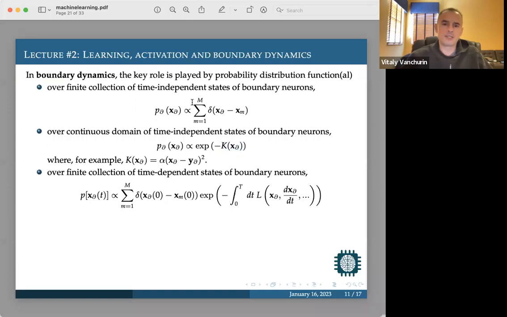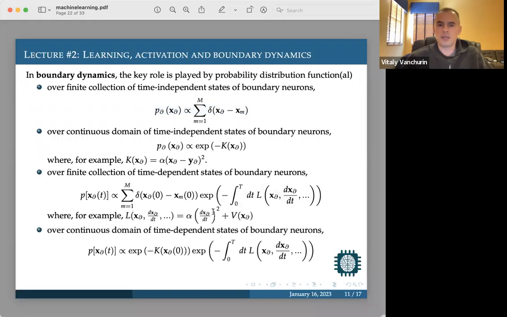When you say, all right, we are still working with these discrete states, but I'm going to shake them. I'm going to shake those images. Maybe I'll introduce some kind of noise to them, and that will give me more of the training data. Or maybe I'll give them some dynamics. I will actually tell how the state of the boundary neurons will change with time. So initially, I may just choose a random image, random data, and then I will have that evolve this way. And there may be